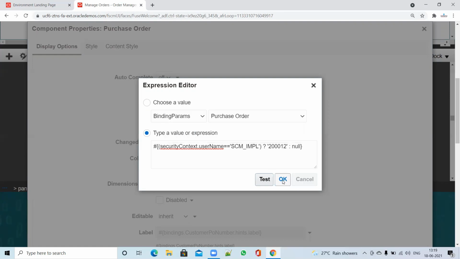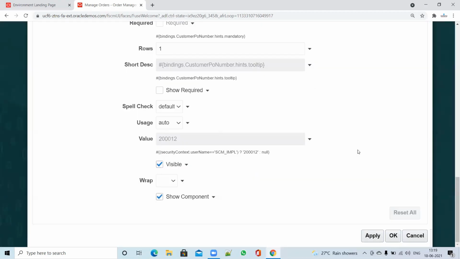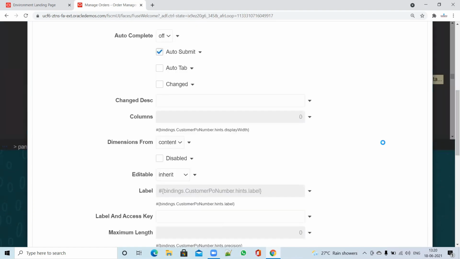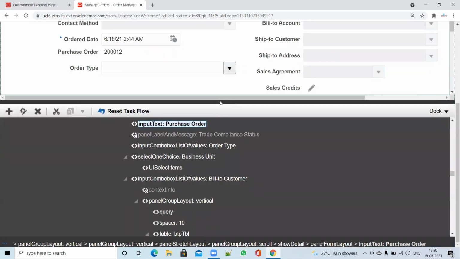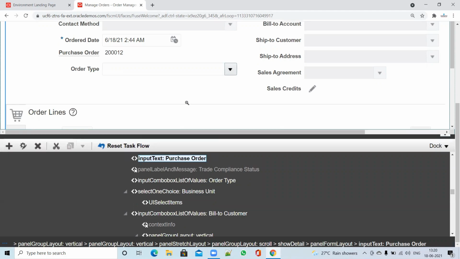Now after that, you have to click on OK. Once you click on OK, you have to apply and click on OK. Once you're done with OK, you can see that the value is defaulted to the UI. Let me scroll a little bit down.